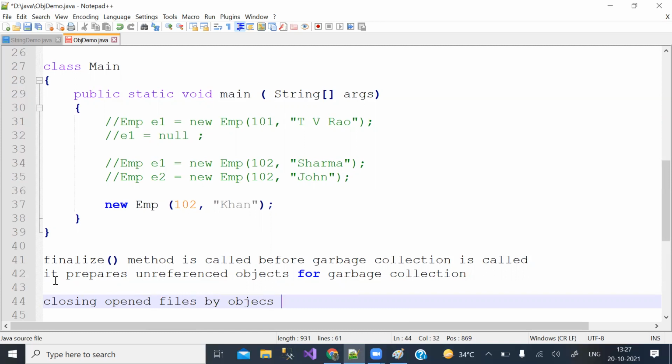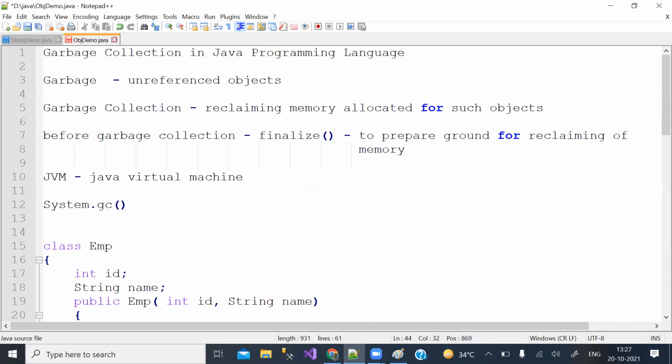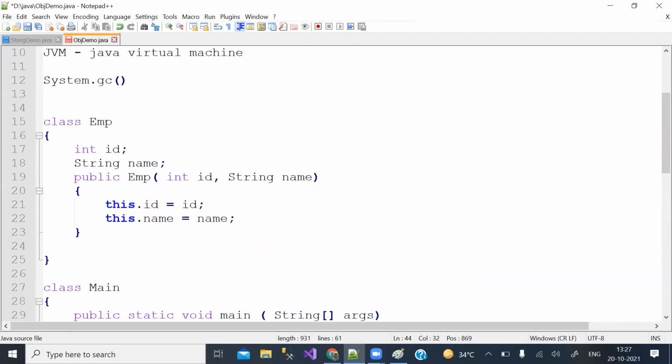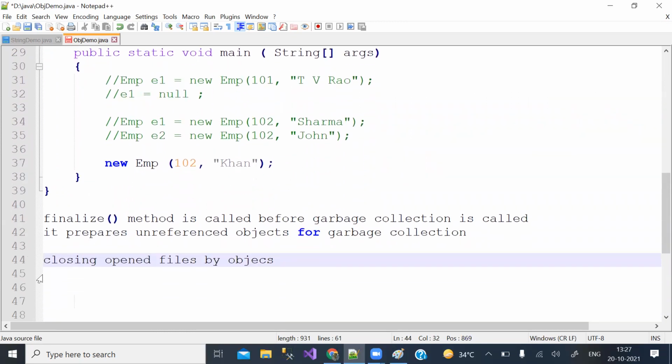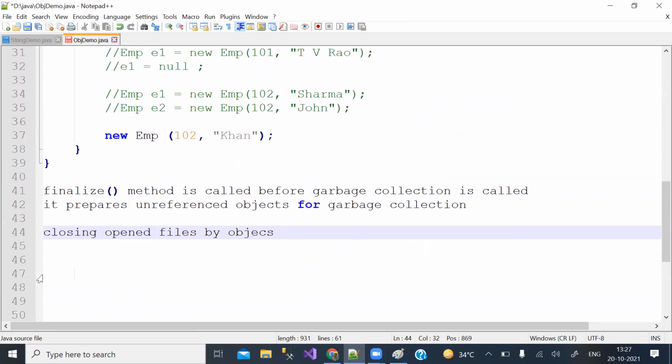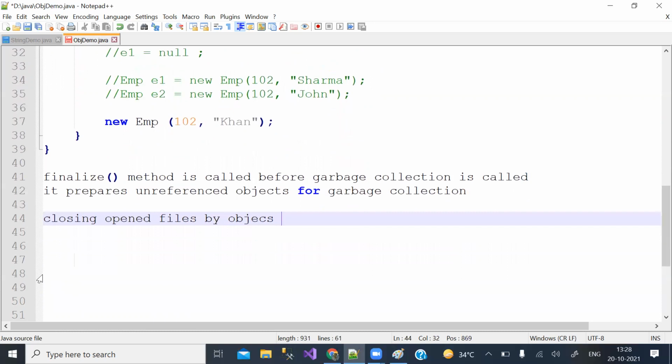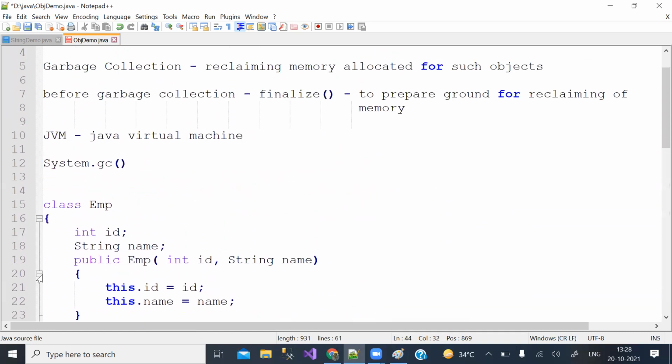That's it. This is all about garbage collection and finalize method. It is automatic. The programmer need not worry about it. The programmer can concentrate on what he is good at, that is, he or she can concentrate on programming. Java Virtual Machine will take care of recycling or reclaiming memory of unused, unreferenced objects.